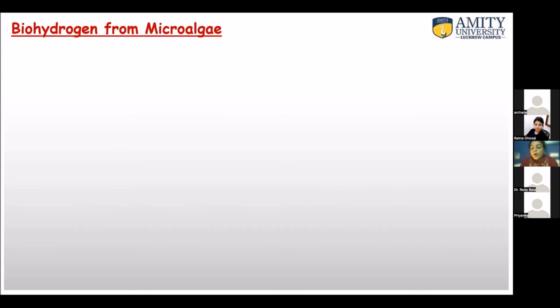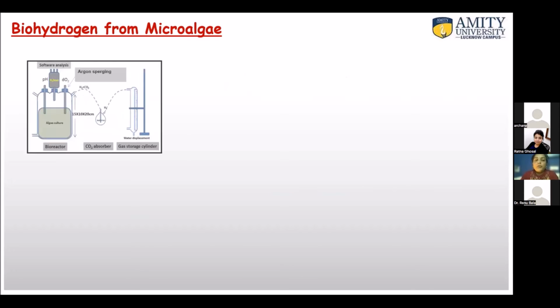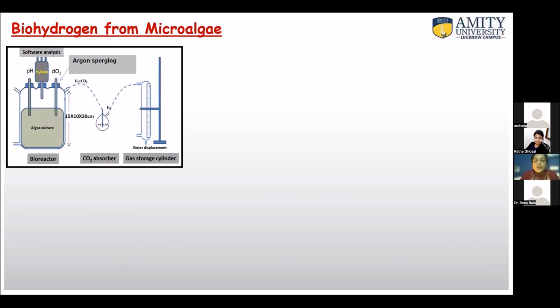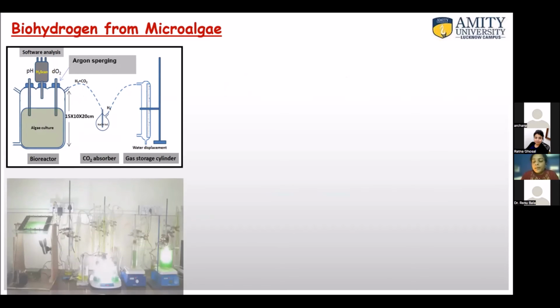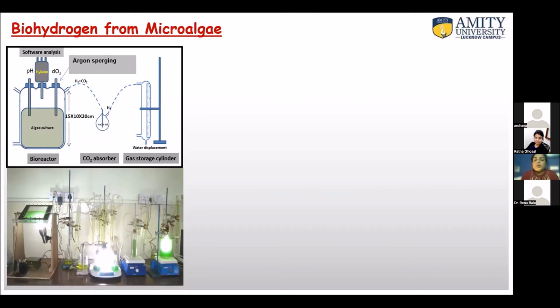And also we can get biohydrogen from algae. After production of this biomass, if you develop an anaerobic condition for the algal growth, we can also produce biohydrogen, because hydrogen can be produced in anaerobic condition only. So we have to maintain the anaerobic condition somehow. For that, we deprive the sulfur in the media, so that anaerobic condition will develop, and hydrogen will